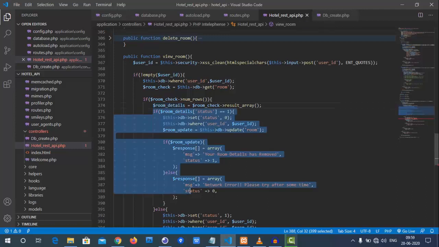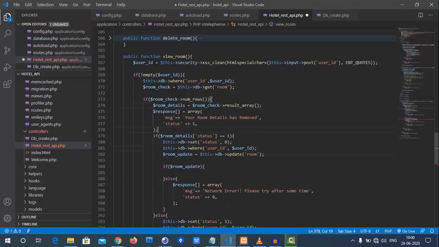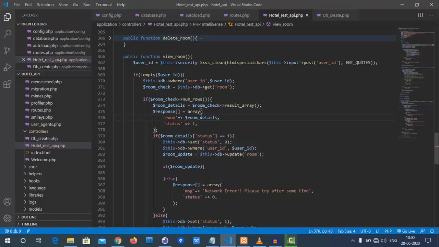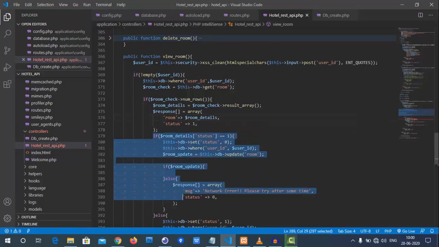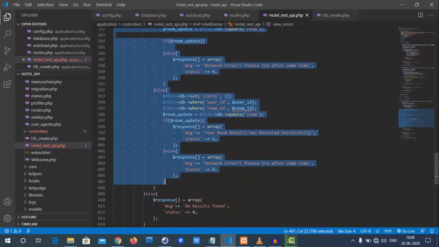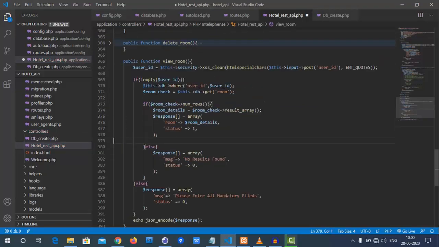We don't require all these things, just this. We need to send the response stating that the rooms are inside this dollar r underscore detail, and we'll send the status as 1. These other things are not at all required for us.